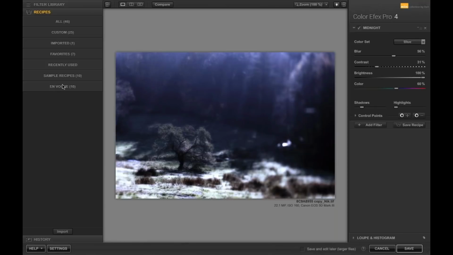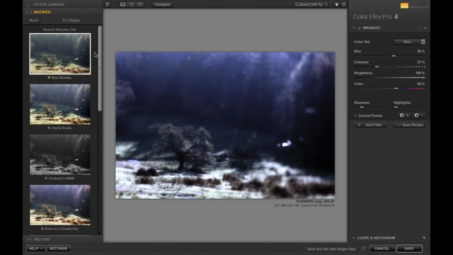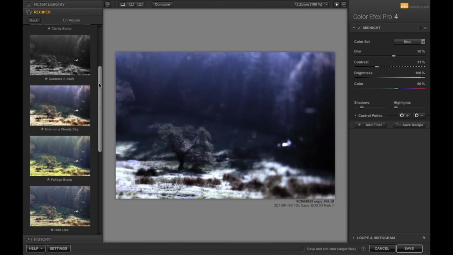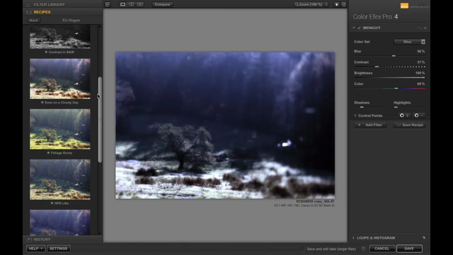So let's go over to the En Vogue recipes. I love these recipes. I actually developed these for Nik Software late last year, and they've been integrated into the plugins, which I'm super proud of. It's a group of recipes that I was using, and then some new ones that I thought would fit into Color Efex that gave some nice variation on the groupings that were built into the software. Anyways, if I click on Even on a Cloudy Day, watch what happens to the image